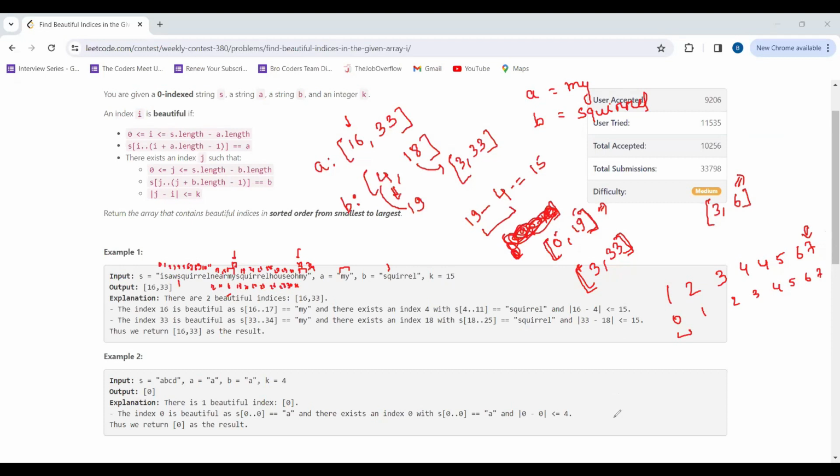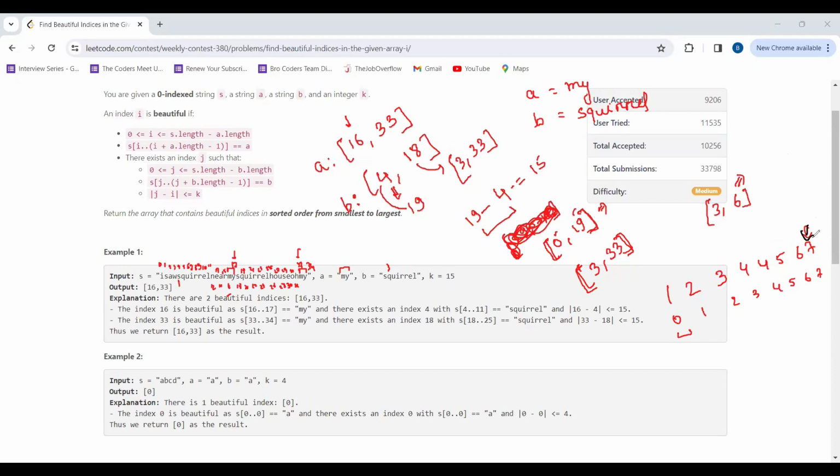Not less means equal to as well, right? Equal to will not be included, right? No, it should be greater than. Greater than 6. So the first element which is greater than 6 is 7 and it is present here. And then what we'll do? We will do